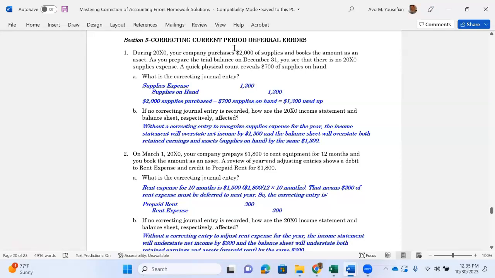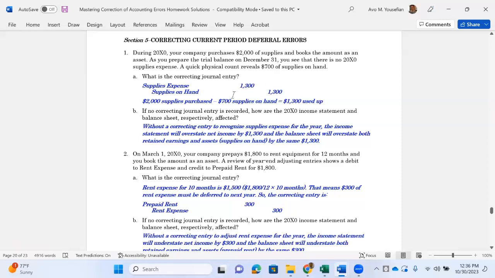No beginning supplies plus 2,000, available supplies is 2,000, minus 700 left over, then the difference is 1,300 used. That's the base. Remember, beginning plus added is available, subtract the ending. So beginning is 0 plus 2,000 added, available is 2,000, ending is 700, so 2,000 minus 700 means 1,300